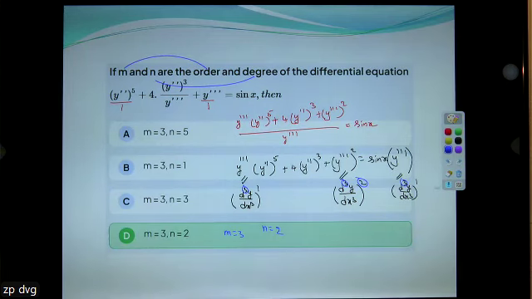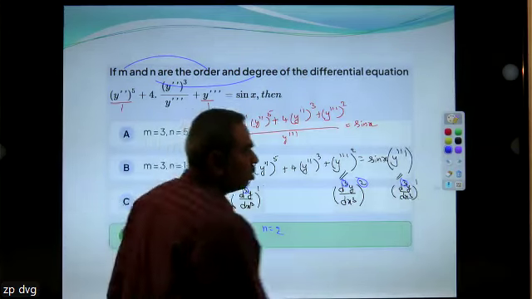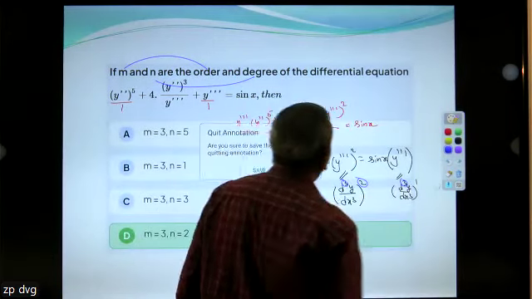So this is how to find. So 3 and 2 is the answer. So like this, how you have to work it out. Okay. Now,